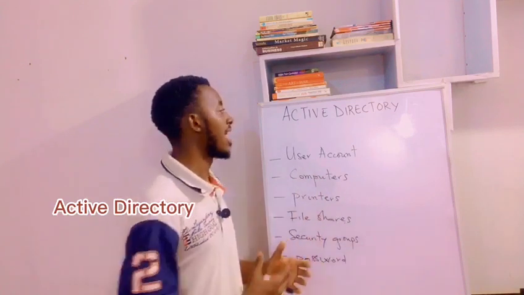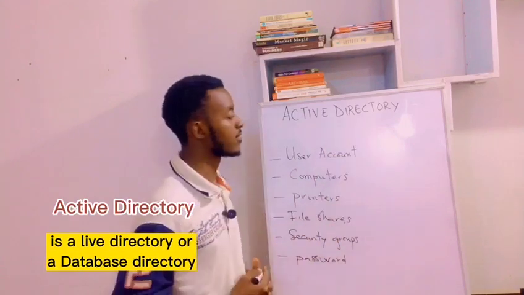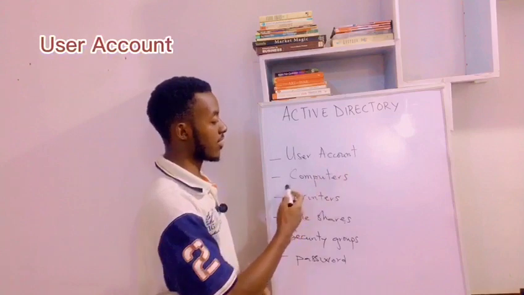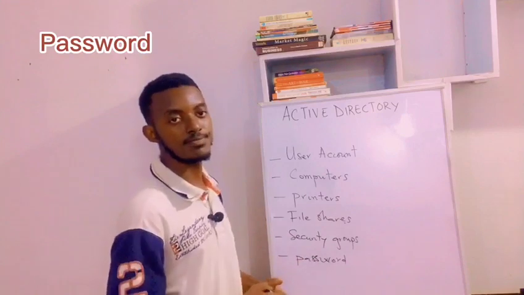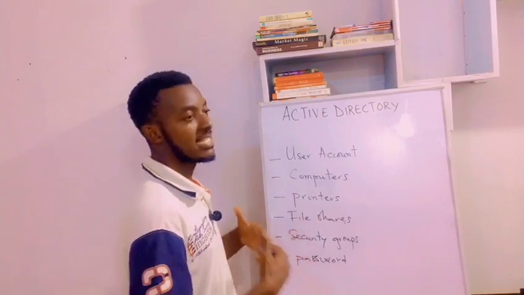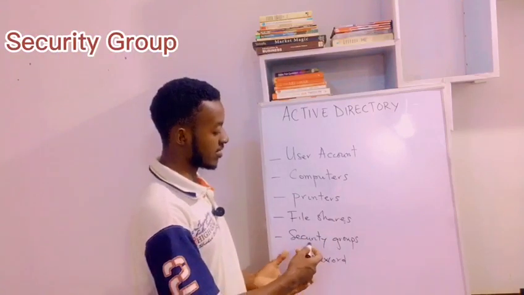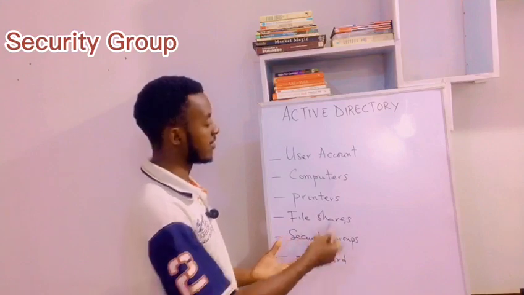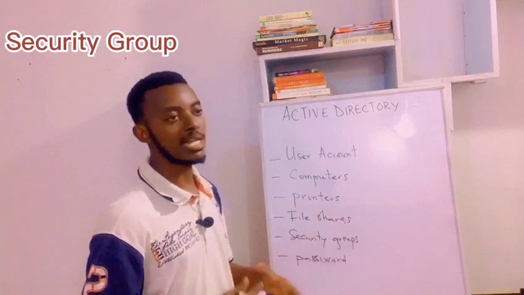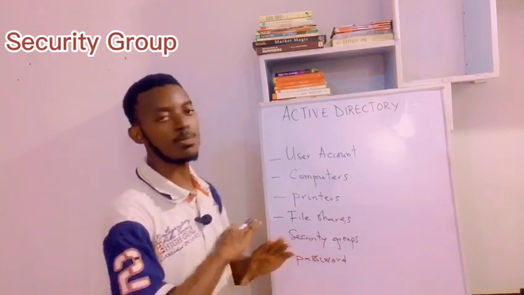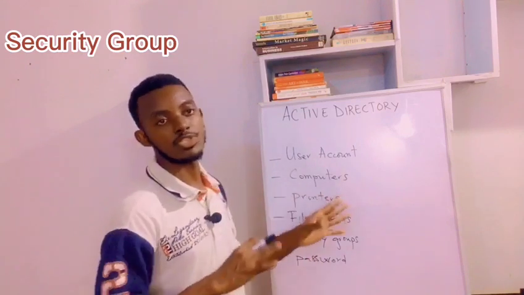In other words, Active Directory is a live directory, or a database directory, which stores user accounts, computers, printers, file shares, security groups, and passwords. You have to know each of these contains its own objects as well. Security groups contain other objects and could be made of these. The reason we use security groups in Active Directory is for security purposes. It allows us to assign a specific permission to